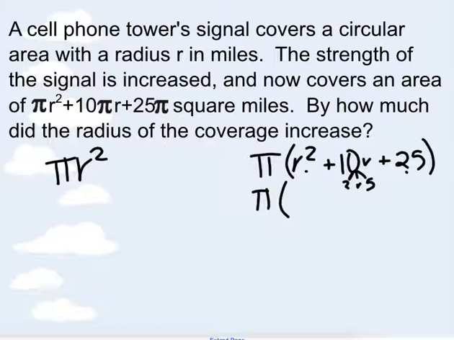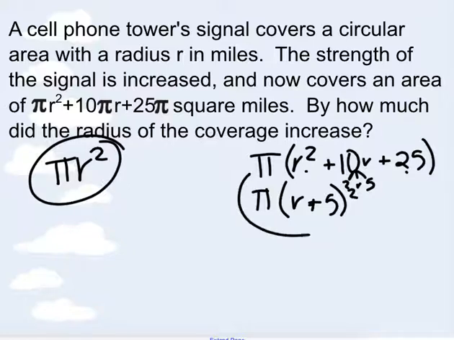So we can say this is r plus 5 squared, which means if we compare our first area and our new area, we see they follow the same pattern, pi r squared, pi r squared, which means that my r has been increased by 5 miles in order to get my new coverage. So my increase is 5 miles. We can see that by factoring and getting it back to its original, more typical area formula for a